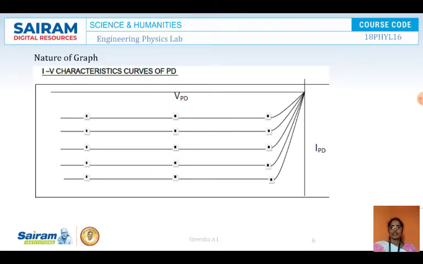You can see here, since the photodiode is connected in reverse bias, the voltage is across the negative x-axis, and the current is also on the negative y-axis. Negative x-axis voltage, negative y-axis current, because it is in reverse bias, so we are giving negative and negative. For PLED of 10 milliwatts, 20, 30, 40 and 50 milliwatts, for different values of PLED, you get curves like this. So this is the way you have to plot the graph. These are the IV characteristics of a photodiode.